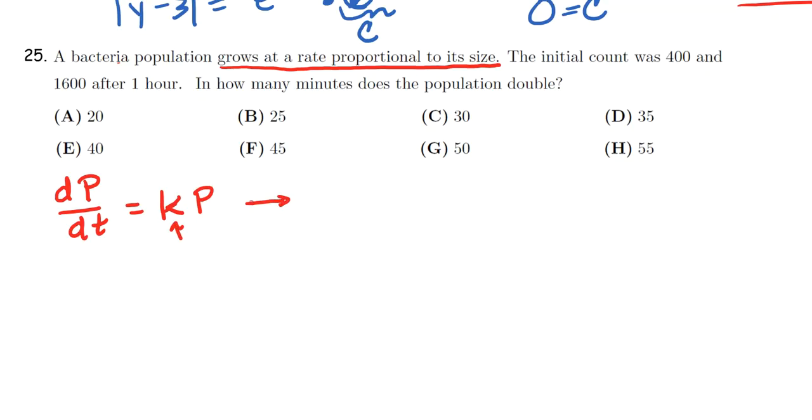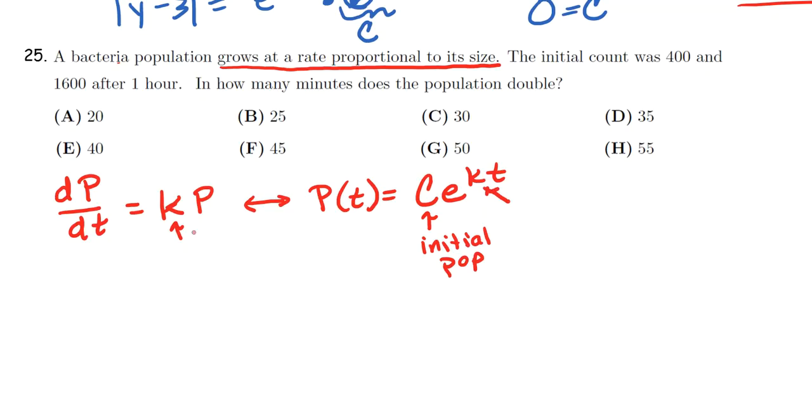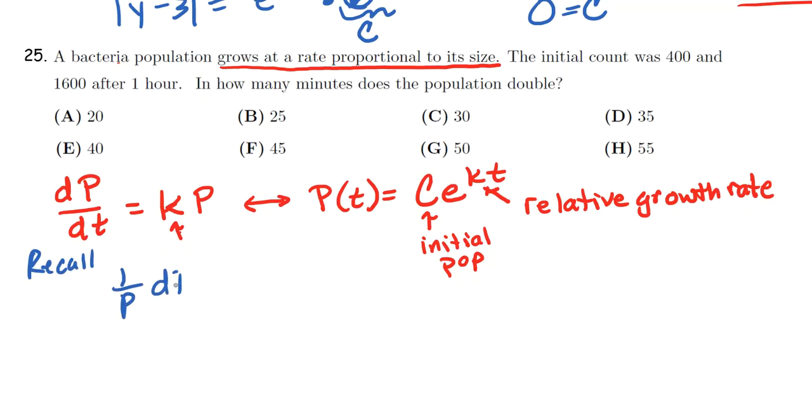And with any luck, you remember when we solved this, that we got a population function that was our basic exponential value. C was the initial population, or P naught, and our K value in both of these is called the relative growth rate. And I hope you will be able to skip right to that solution, but let me remind you. So I'm going to zip through this process of separating the variables to remind you where that came from,